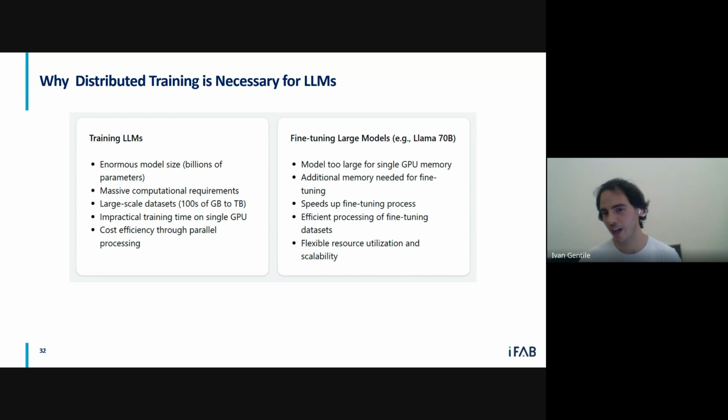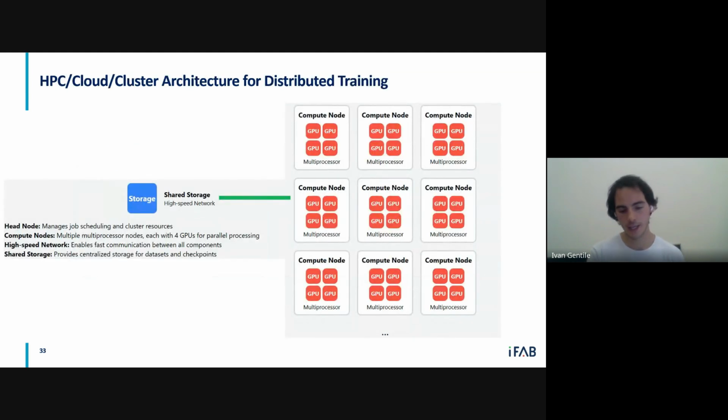With 500 V100s, it's going to take you 7 months to train. So we need to have many GPUs. We're talking about clusters, thousands of GPUs probably used when training the large models by OpenAI, Meta and Anthropic.